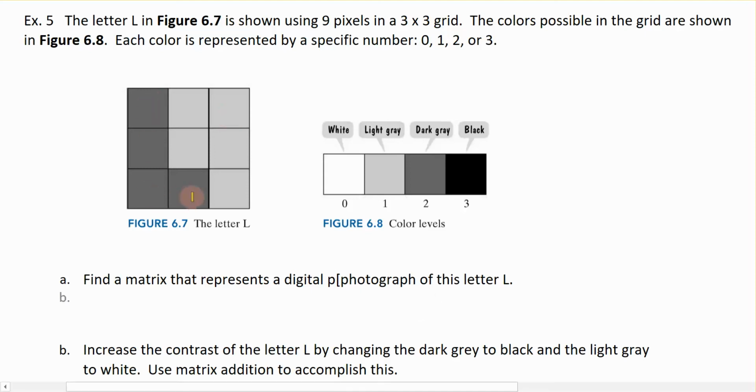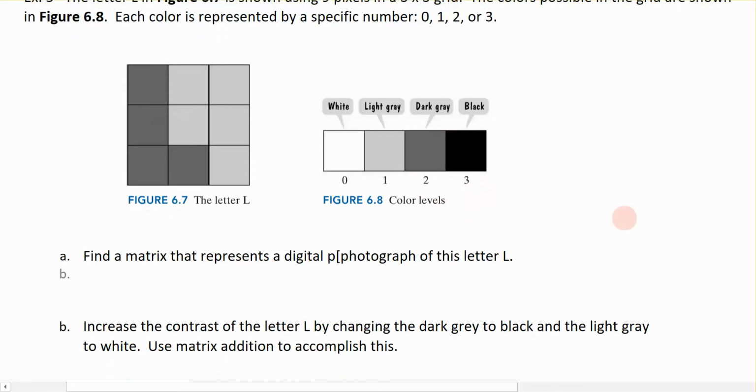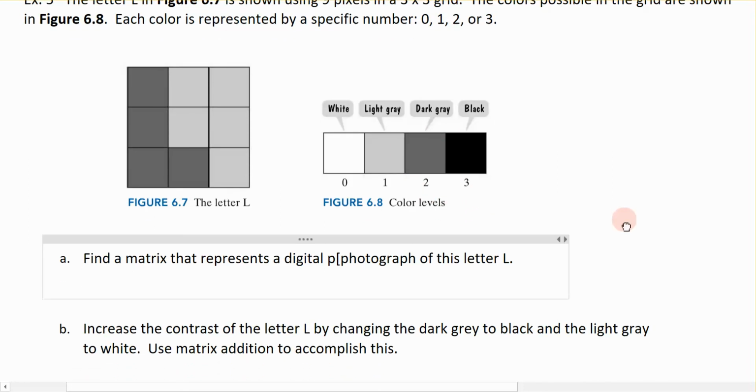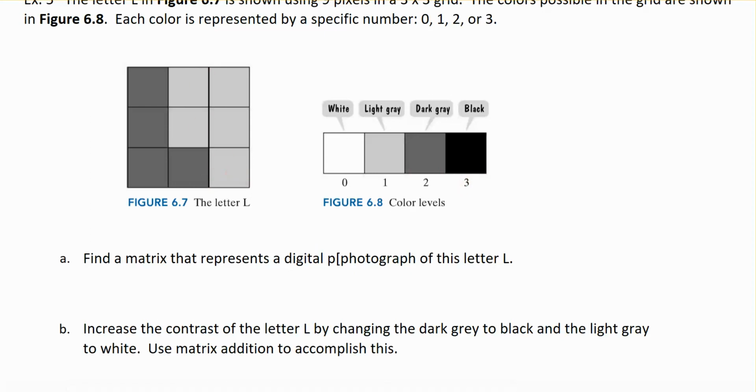Okay, so I have the figure L given to you right here, and the corresponding gradient value for each of those squares is given in the next screen. The question says that we want to find a matrix that represents the digital photograph for the letter L. If I have a 3 by 3 grid, what are the numeric values that represent the colors that are there? So I know this is going to be a 3 by 3 matrix,